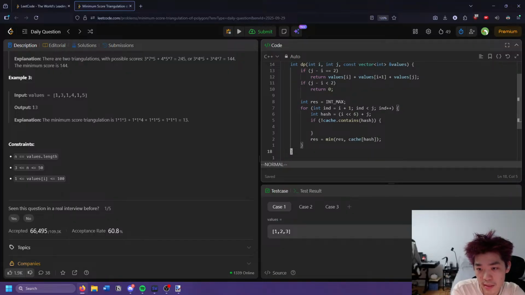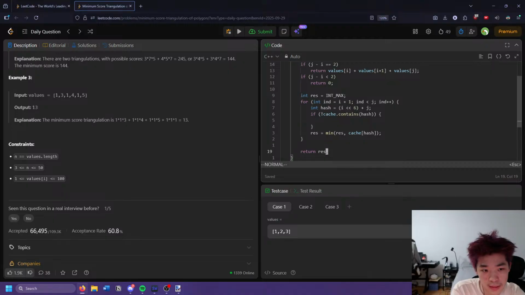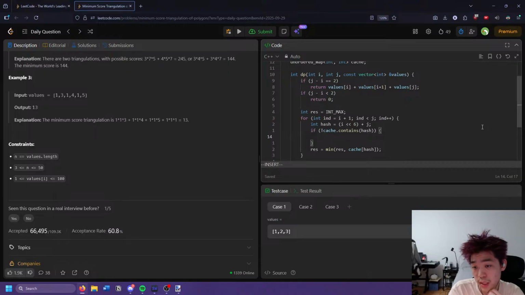That's fun to say. And then we can return res. Okay, so then we can hash at hash equals